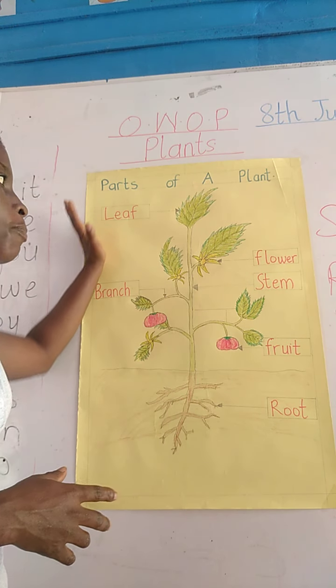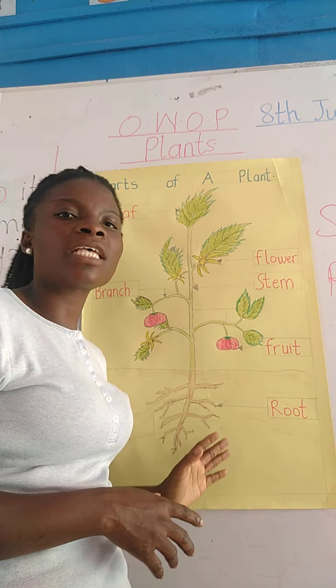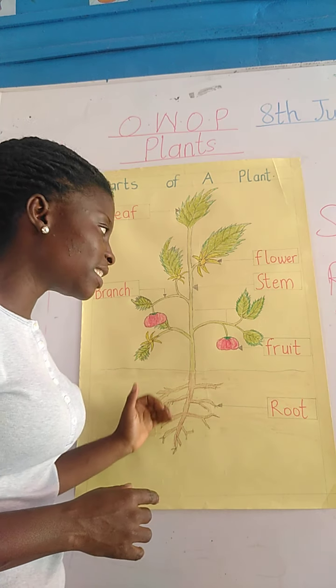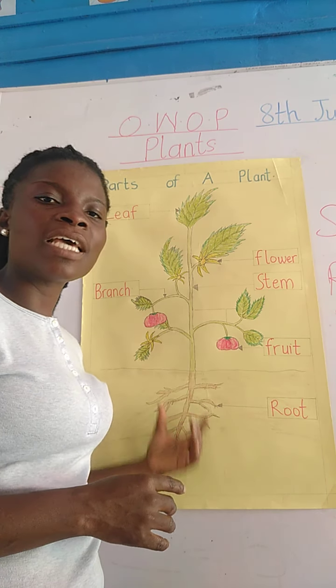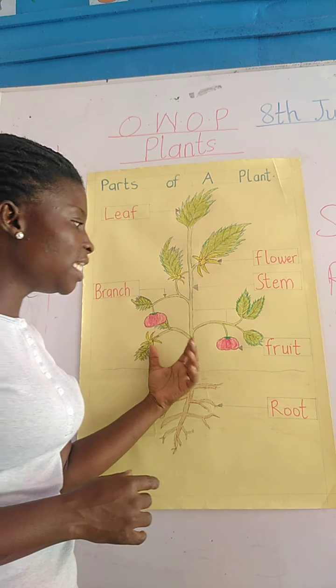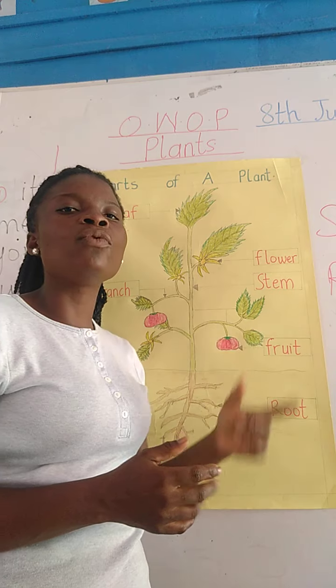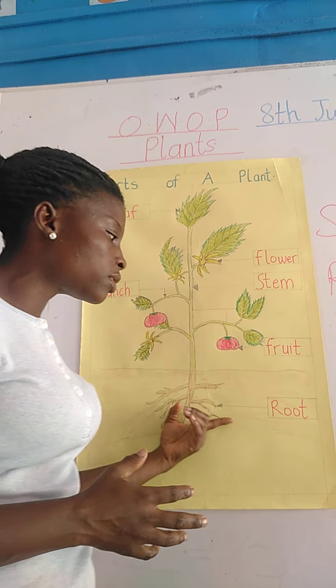When we talk about parts of a plant, this is it. A plant is a living thing, just as a human being is a living thing. A tree, the same as plant, is a living thing. They need water, air to grow. As we have learned water, we've learned air. These are the parts. So we have the root,